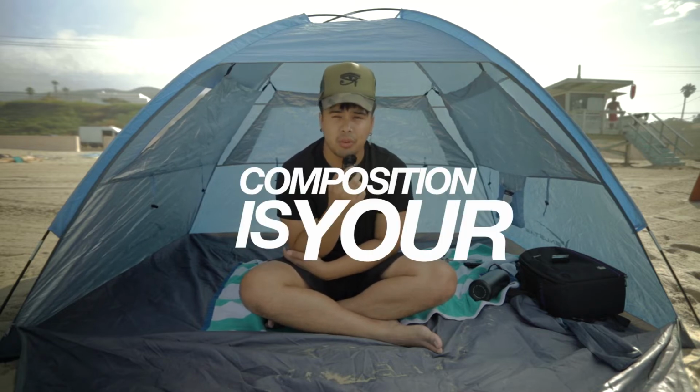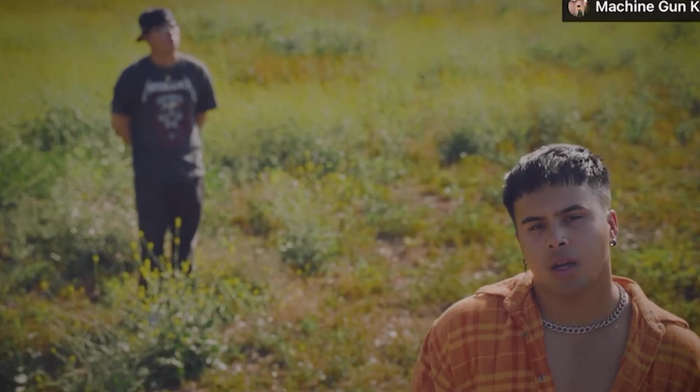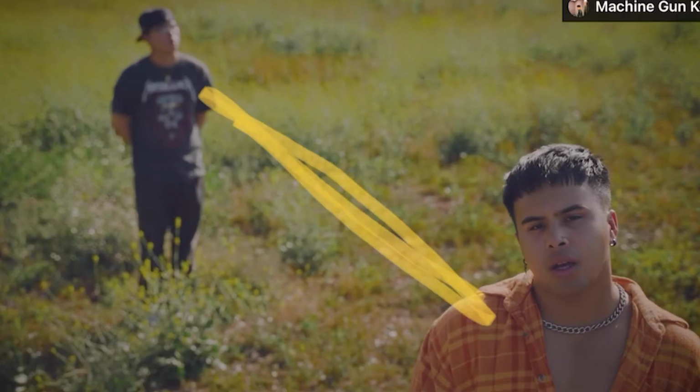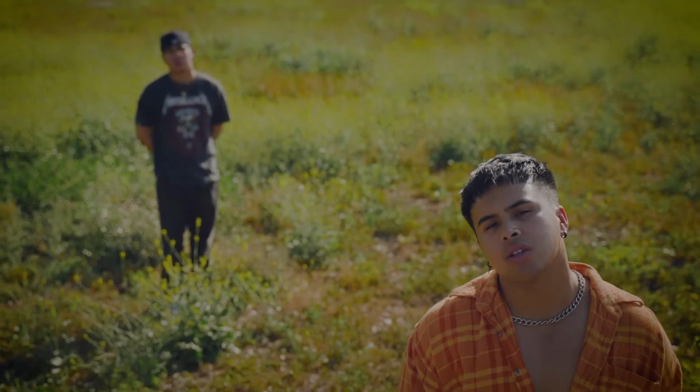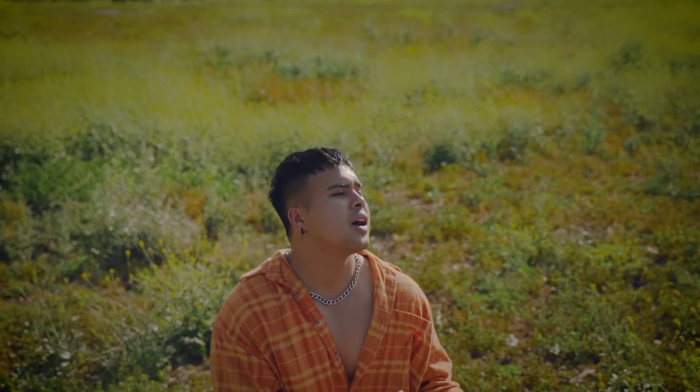Composition is gonna be your best friend. I'll say it again, composition is your best friend when you have static shots. And this very first shot that you see, it's me and James in this diagonal. I knew that I can milk this scene, so that's why I had James in the back, me in the front, and then I switched it up, me in the back and James in the front, and then I had me as a solo, then I had James as a solo,